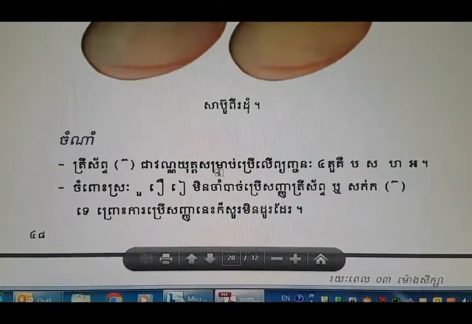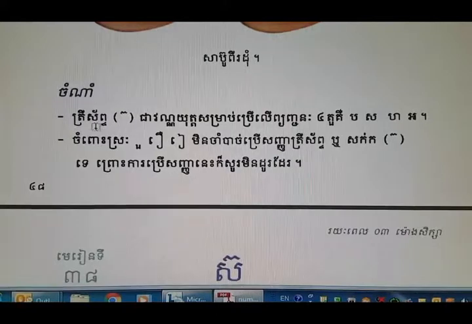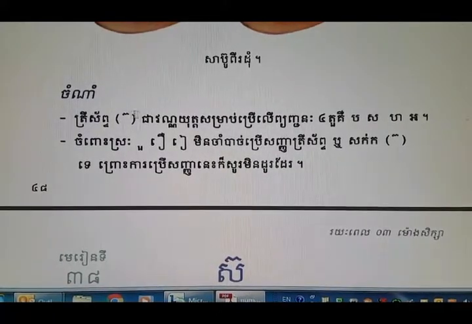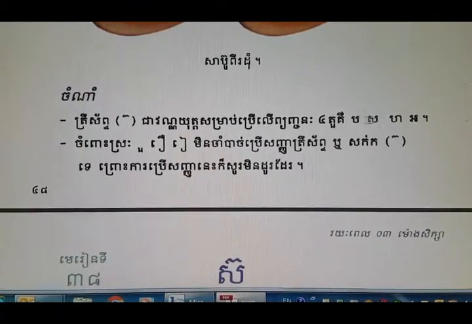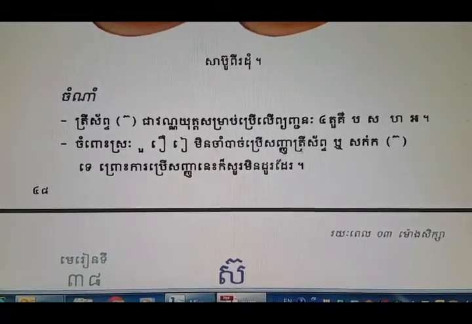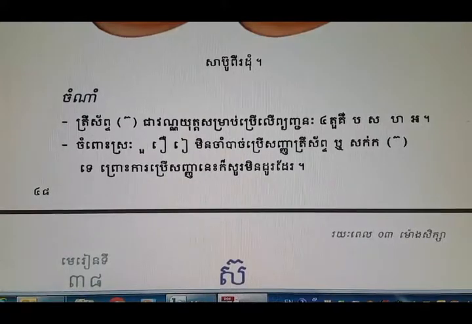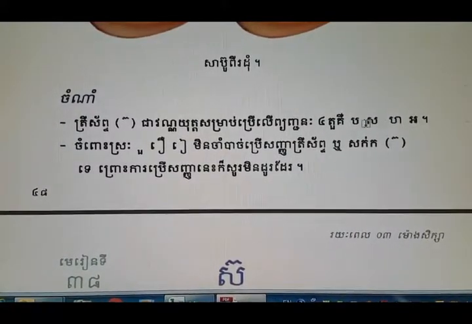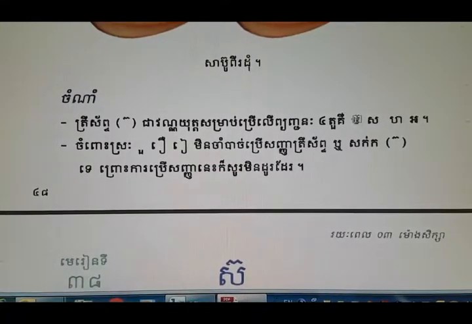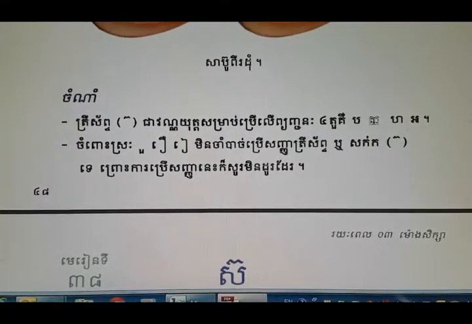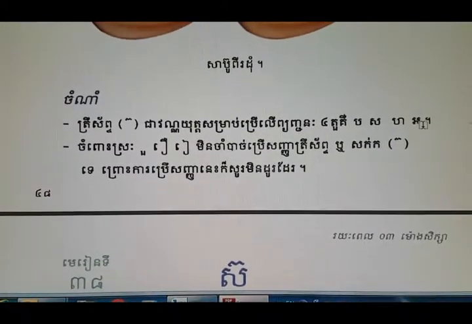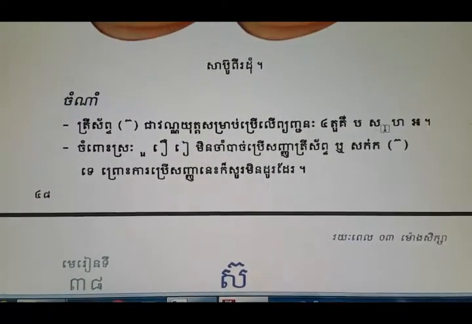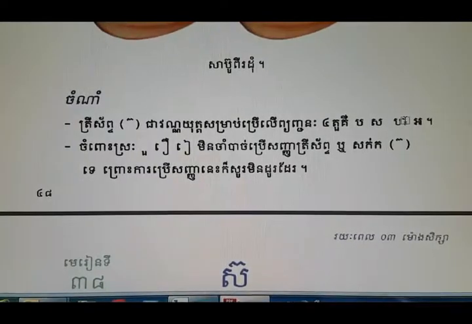So here's an important note. They say trace up, this little dot I just told you about, is only used with 4 letters to change them from the first series to the second series. When you put the trace up on top of these 4 letters, bo, so, ho, o, all of which are first series sounds, the o sound, it becomes the second series. Okay,